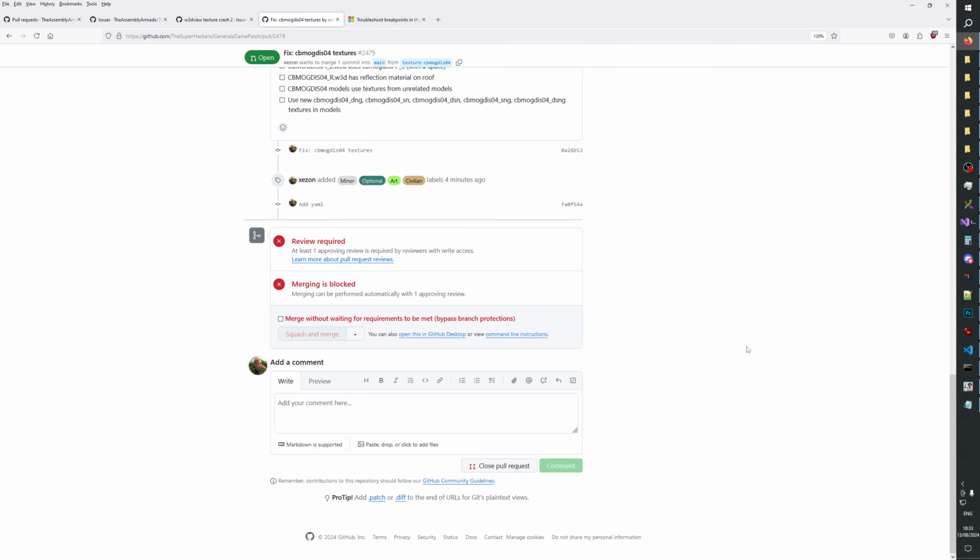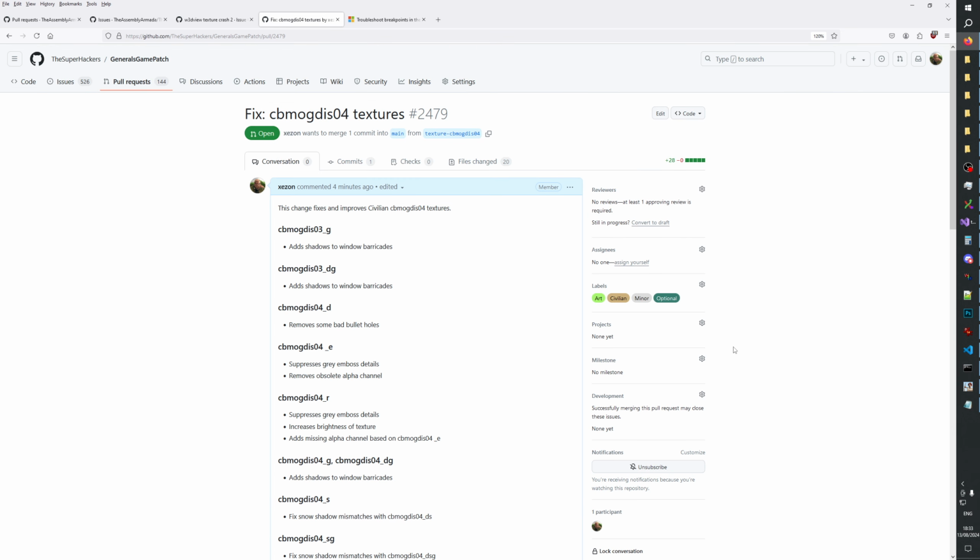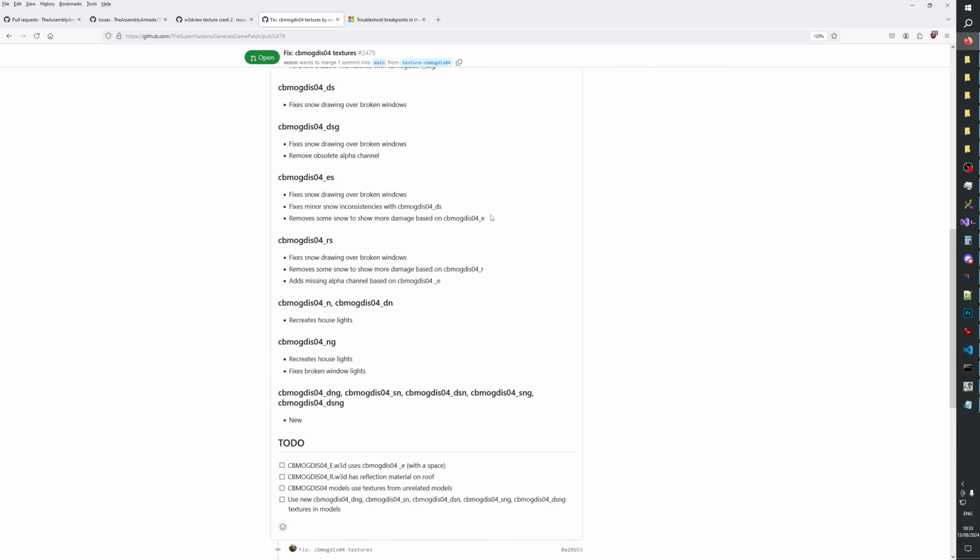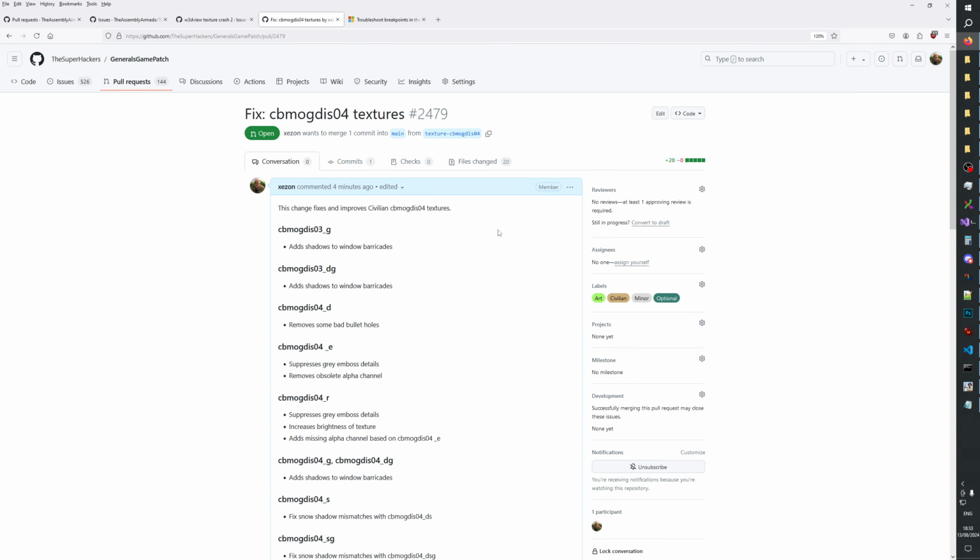Maybe I'll leave it open for a few more minutes in case I change my mind on something I want to touch again. But I think we looked at winter, summer, night, and it looked proper. And even if we made a small mistake somewhere, it's not the end of the world. We can always go back to the source files and make additional tweaks. But of course, it's good to be done with one thing and check it off and never revisit. Basically, I hope that once I have all the texture fixes done, I never need to touch them again. That's my hope, because